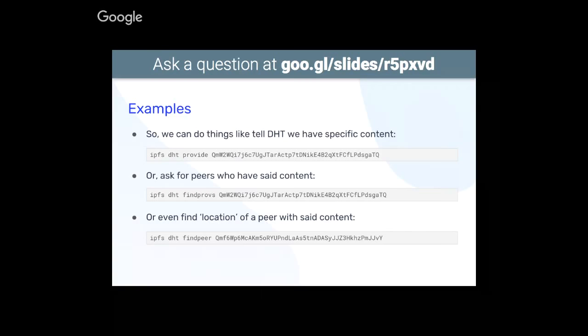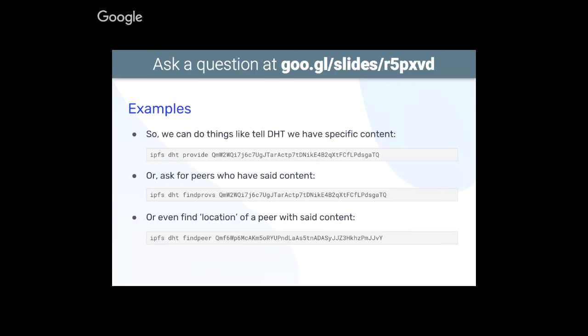Now, just a reminder, you can explore the distributed hash table directly to get an intuition for how this works. Normally you don't need to run these commands, but when you use the higher level API like add, cat, get, etc., you're actually querying and informing the DHT automatically that you have data or that you're looking for data. But as always, it's good to know what's going on under the hood. So do feel free to play around with this stuff. Just keep in mind that sometimes these commands can be quite slow when run on their own like this, especially if you aren't connected to many peers, or you're not directly connected to a peer that is able to